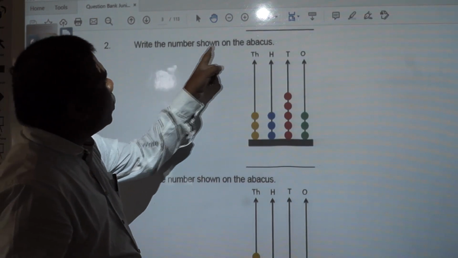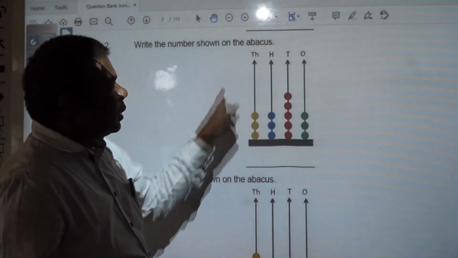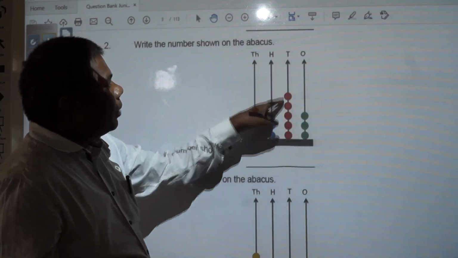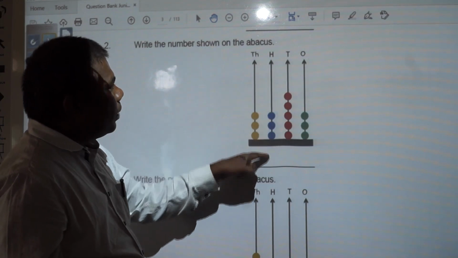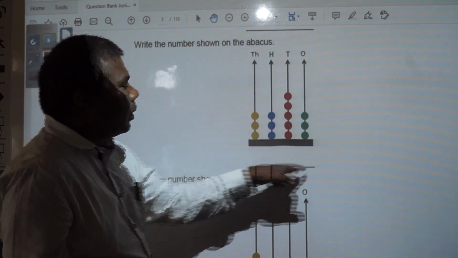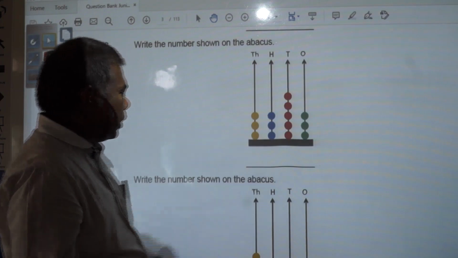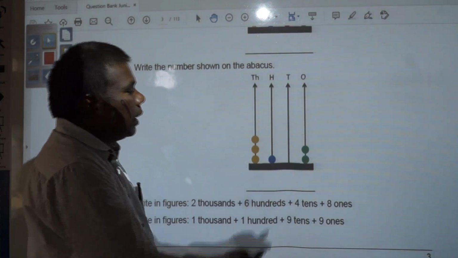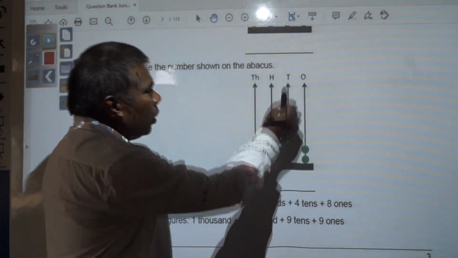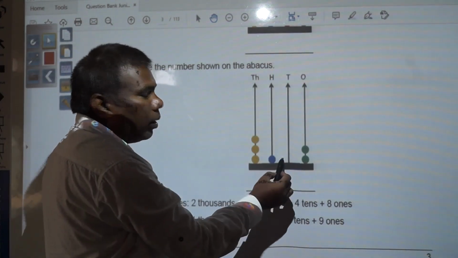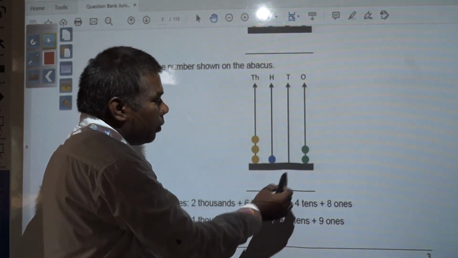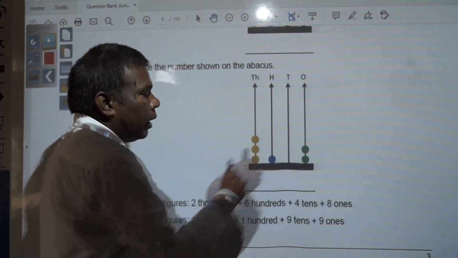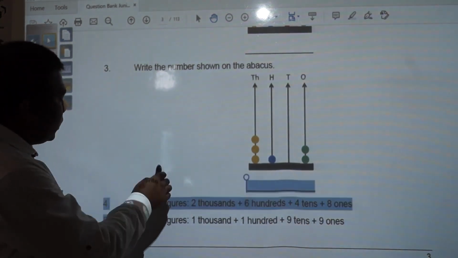In the same way, other questions you have. Write the number shown on the abacus. The same question is there. You need to find out how many bits are there in ones place, how many bits are there in tens place, hundred place and thousand, and finally you will get 4-digit number. You need to write over here. Next question you see, write the number shown on the abacus. The same thing is there. Here you see in ones place you have 2, in tens place nothing you have, no bits you have. So you need to write over 0. Here you have 1 and here you have 3, and finally you get 4-digit number. Next you see,